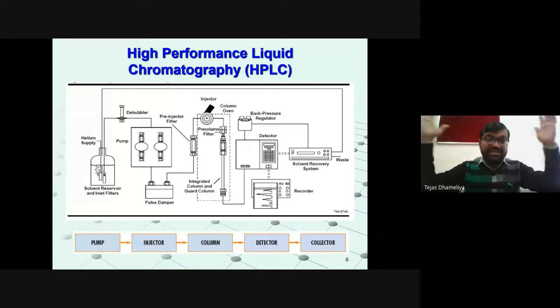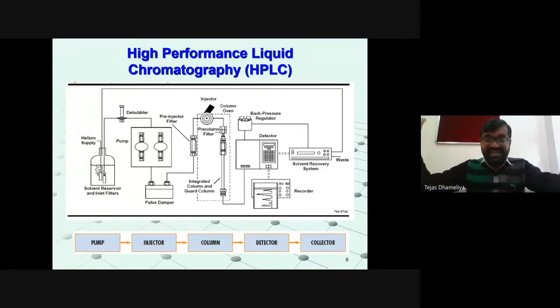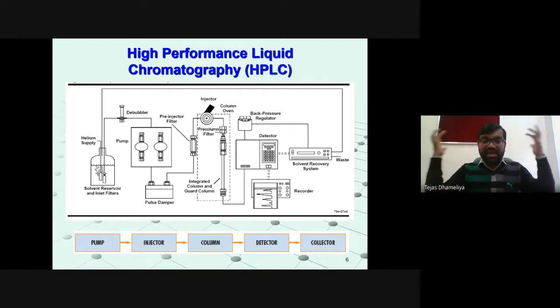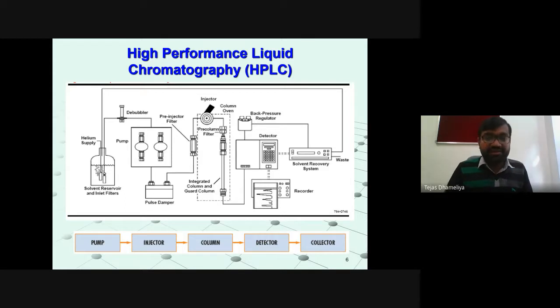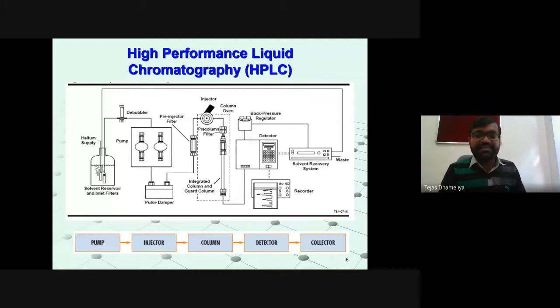Sometimes if our brain becomes functionless, brain dead people, or sometimes in coma, where the functions of the brain are minimal, perhaps it is possible for us to live. We may survive without eyes, nose, etc., but we cannot survive without a fully functional heart, right? So similarly, if the heart is one of the major organs of human beings, then the column is the heart of HPLC.